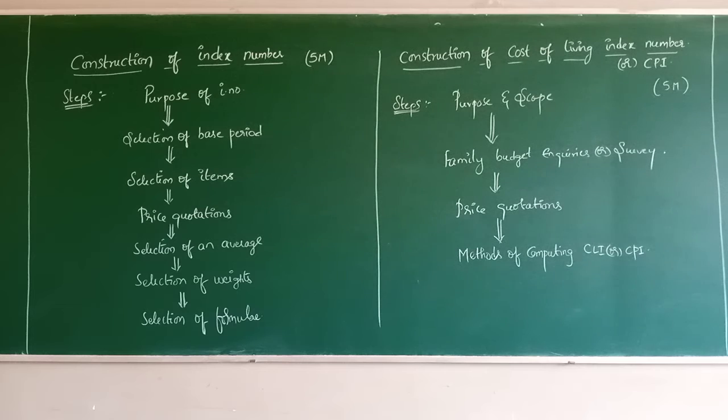So the items are classified. Generally, food will be there, clothing will be there, fuel, lighting, house rent, education, miscellaneous expenses, all these will be there in everyone's family, right? So generally, some families are randomly selected, and what items they are selecting, how much weight they are taking and how much money is spent on those items, everything has to be surveyed based on the general things like food, clothing, fuel, lighting, house rent, education, entertainment, miscellaneous, etc. Right? Here the inquiry is conducted on a random basis during the period of economic stability.